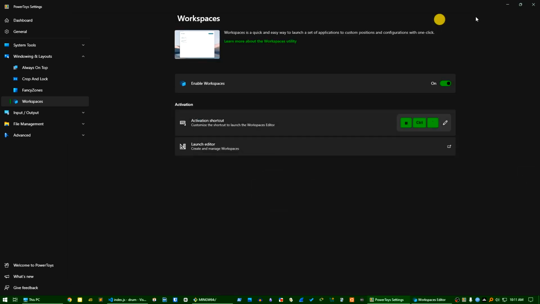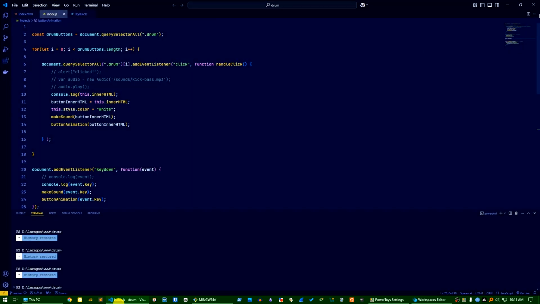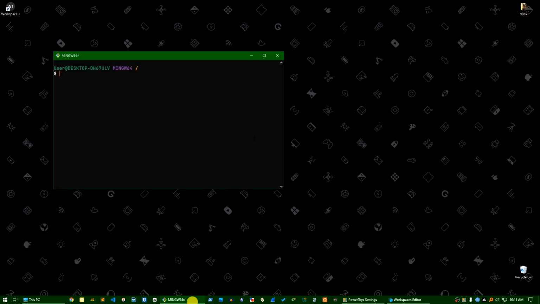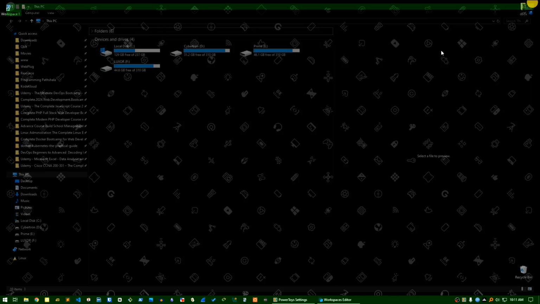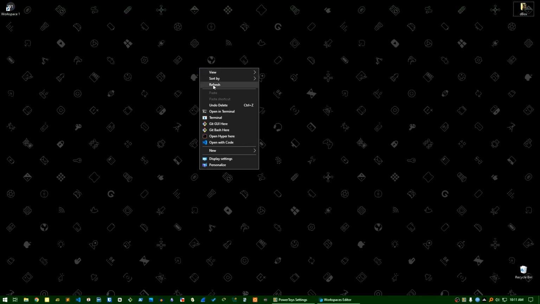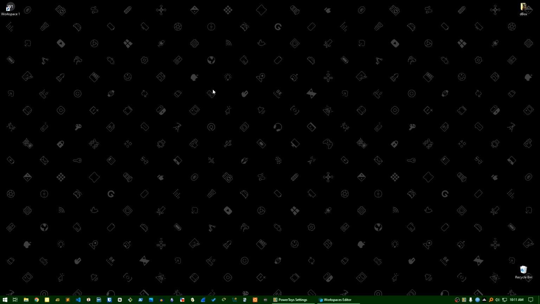Now let's think, VS Code is not open, Git Bash is not open, and Explorer is not open. You just open your PC and you want to work with this. See, my shortcut is available here. You can also pin it to the taskbar. Now if I open it,